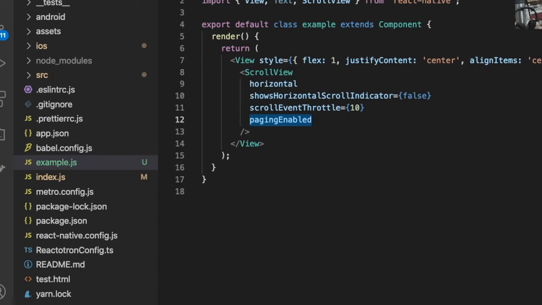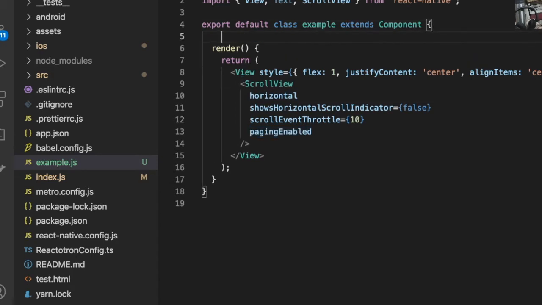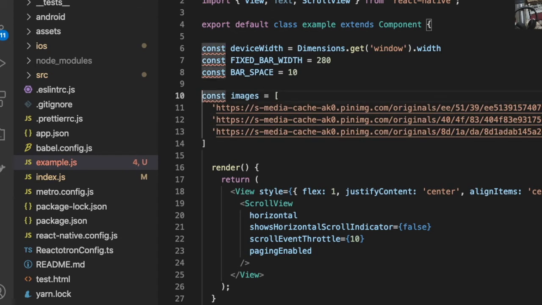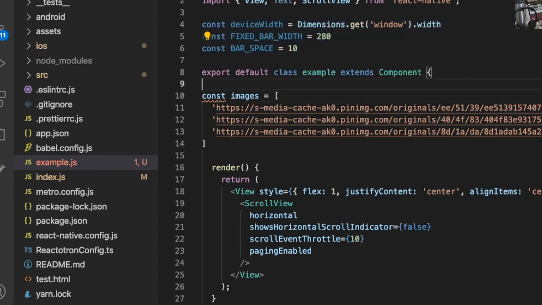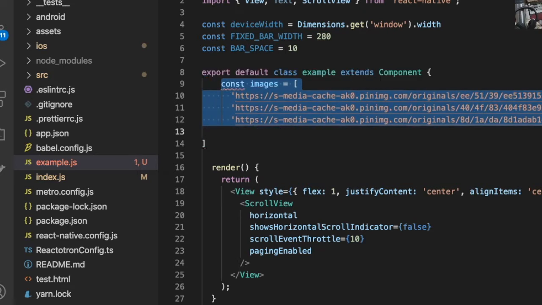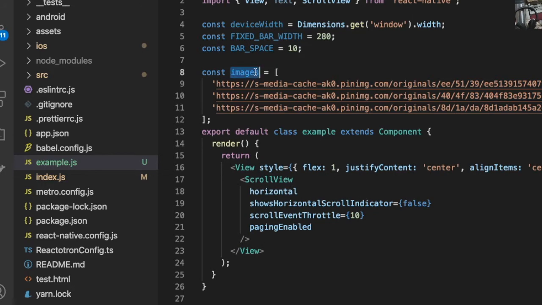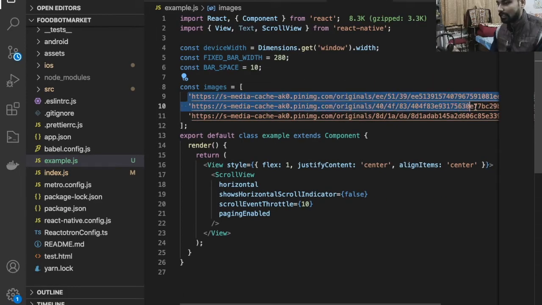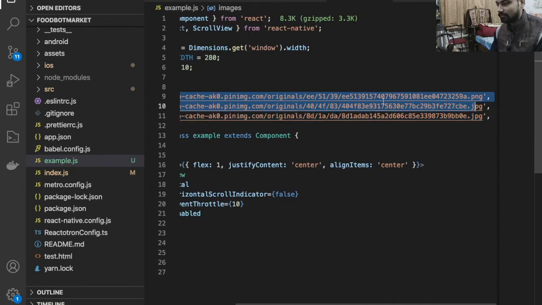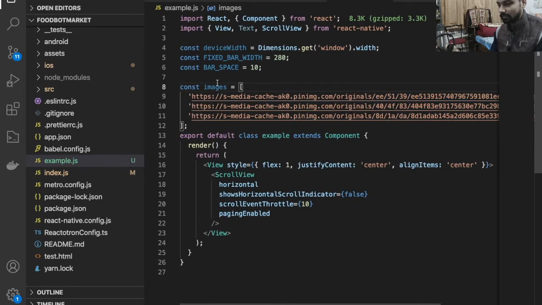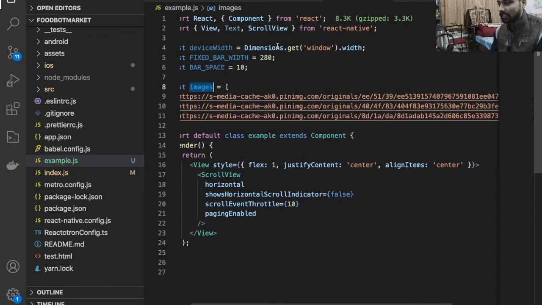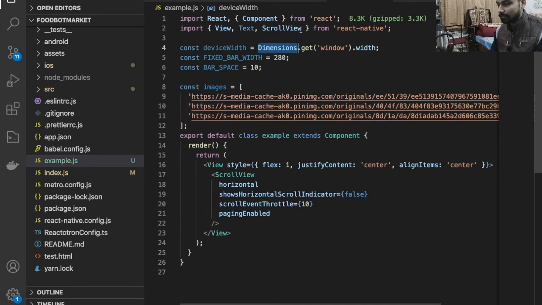And now here I'm going to paste something which is very important, this one, and you can see we have this collection of the images. This is the image array we have. Here we have all the images, like we have 3 images. You can see here this is the URL of the images, and here I am calculating the width of the device. I'll explain to you what this line is doing.